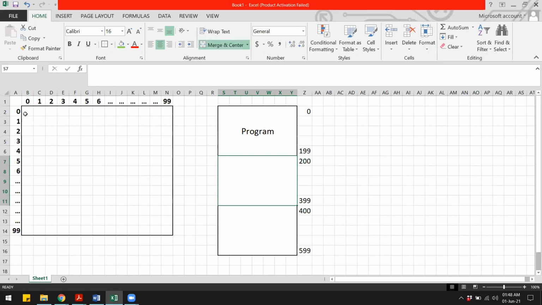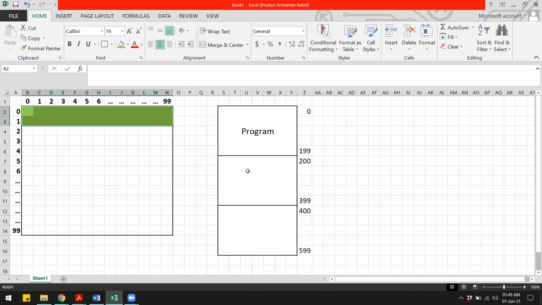Since the array is not in the memory, it will be brought in. How many elements can we bring in? We can only bring 200 because the size of each page is 200. So we will bring the first 200 elements into the first empty page. I'll color this green. So those 2 rows will be brought into this memory.